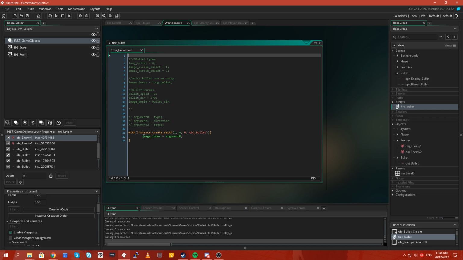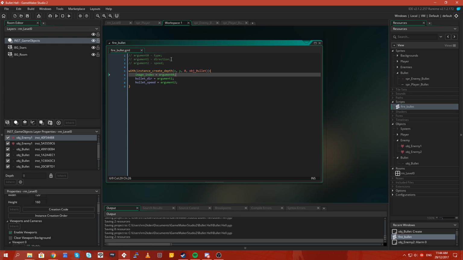And then we also need to do our other 2 parameters, which are bullet direction, which is argument 1, and bullet speed, which is argument 2. There we go. So now we have a function that allows us to create. Now I know these parameters aren't correct. I know there's some sort of way to do this in GameMaker Studio 2, but I can't be bothered figuring it out right now to make the autocomplete show up.